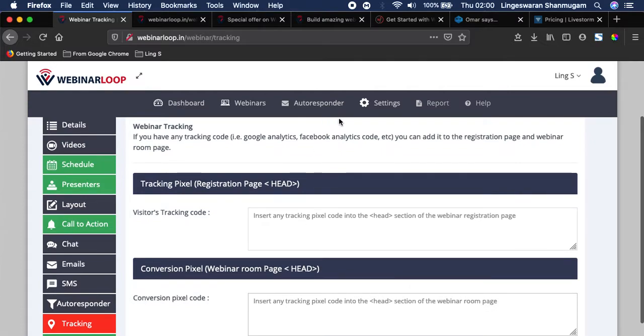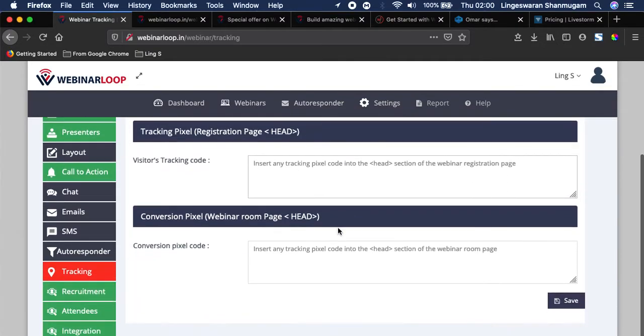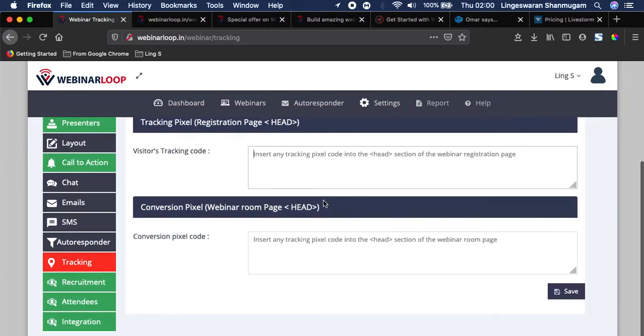And you also have the tracking, which can also get updated on the webinar's registration page. So this is the live room page, where you need to set up the conversion pixel for retargeting, and you also have the visitor tracking for your webinar registration page as well. That really helps you get the retargeting done for the webinar you are trying to set the product pricing or the product marketing for.